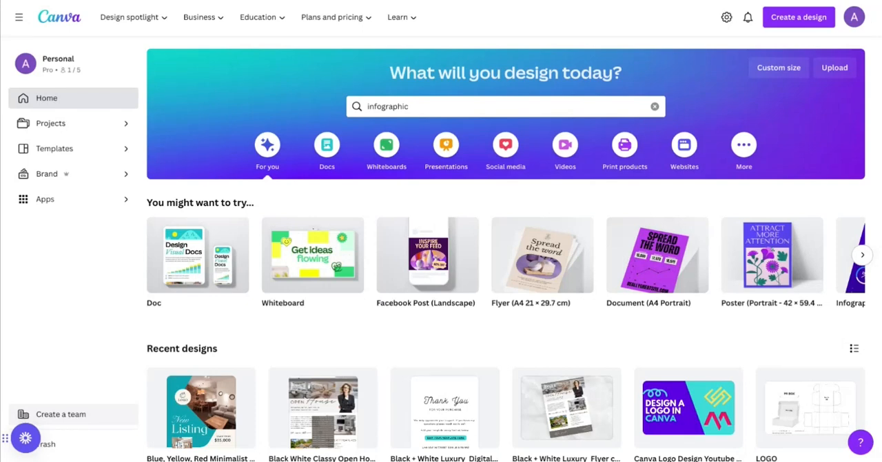Today we're diving into the world of infographics and how to create stunning visuals that convey complex information in a